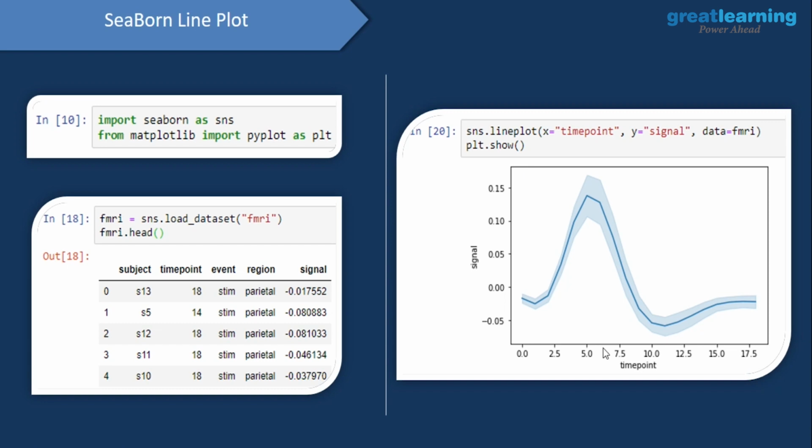So let's understand this properly. If you look at this line plot closely, you would see that, let's say this time point is in seconds, till the time point of 5 seconds the signal value is increasing. But from 5 seconds to 10 seconds, you have the signal value decreasing. And after 10 seconds, this sort of stabilizes and only increases slightly. So from minus 0.05, it goes up to close to 0.